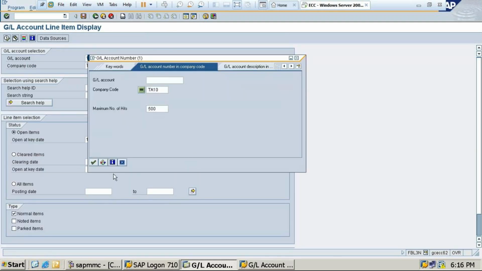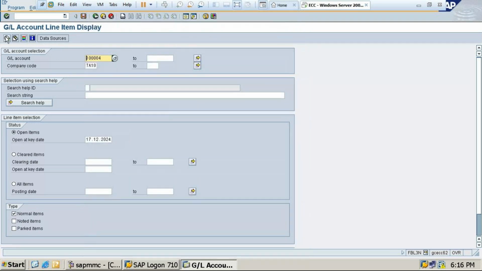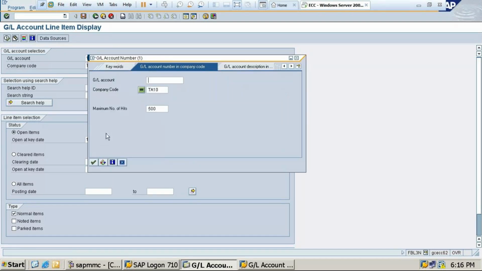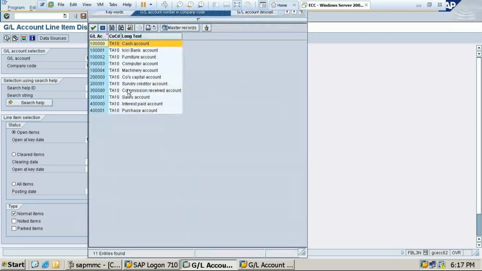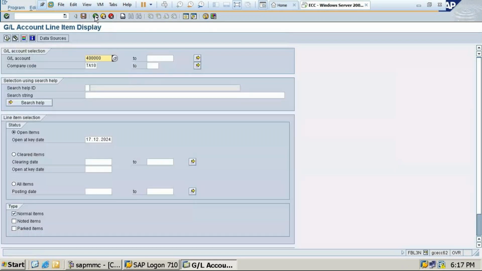Like we have done purchase account, interest paid account, machinery account. Let's execute this. One transaction has been mistakenly done, that's why it's not showing. I think two transactions were wrongly entered. This interest paid is displaying, students, which we have done today, so the machinery account is not able to show, but this is correctly entered. A tick mark means your document has been posted, parked document has been posted.